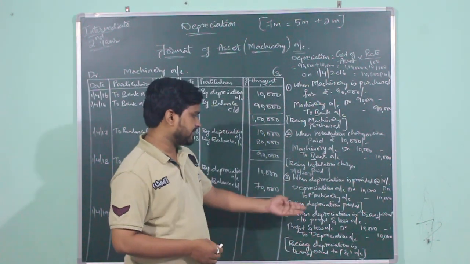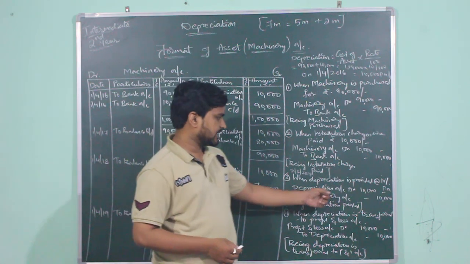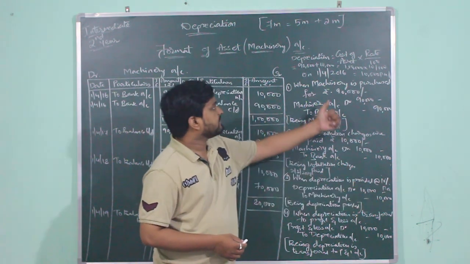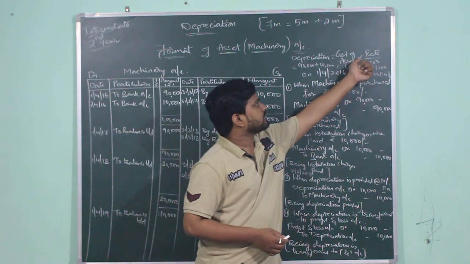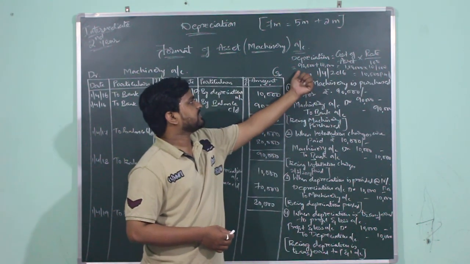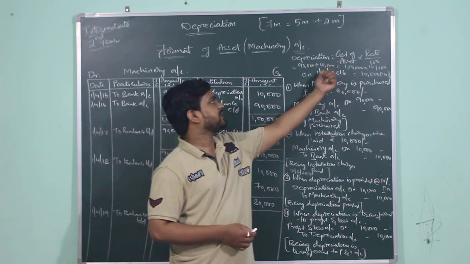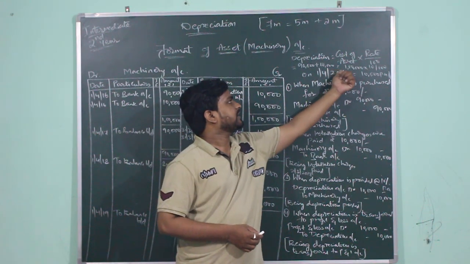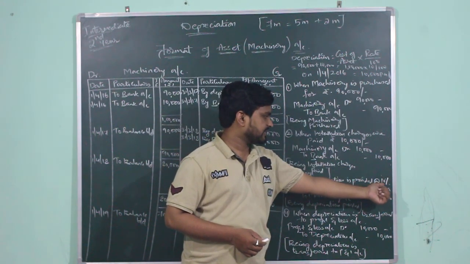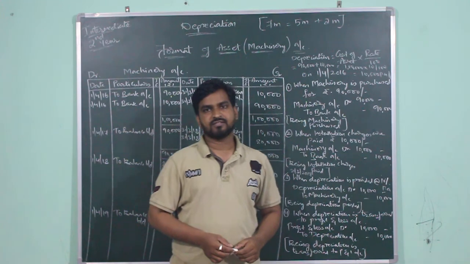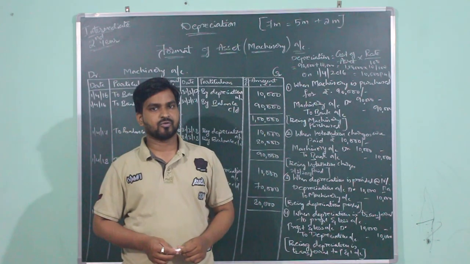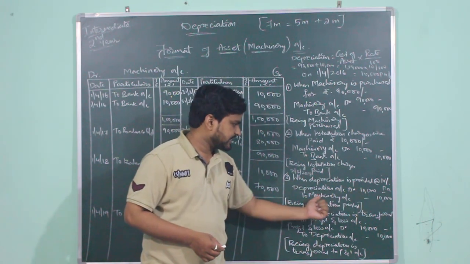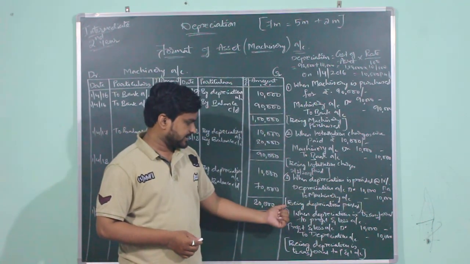Hence depreciation will be debited, and the journal entry will be depreciation account debit 10,000 to machinery account 10,000. How did we get this 10,000? We applied the formula: cost of the asset into rate divided by 100. We purchased the machinery for 90,000 and spent rupees 10,000 as installation, so the total cost of the asset was 1 lakh. The rate of depreciation is given as 10%, so we take 1 lakh into 10 by 100, which works out to be 10,000. The journal entry will be depreciation account debit 10,000 to machinery account 10,000, and the narration will be